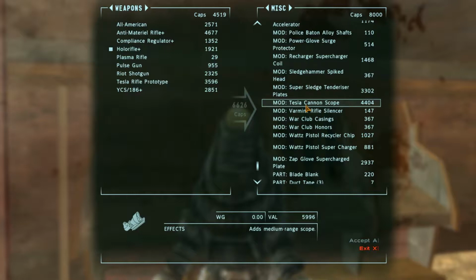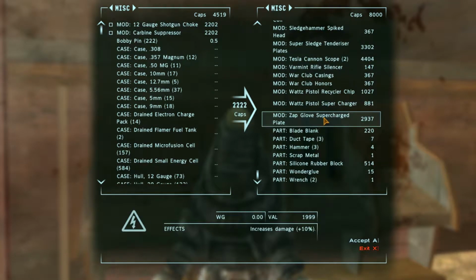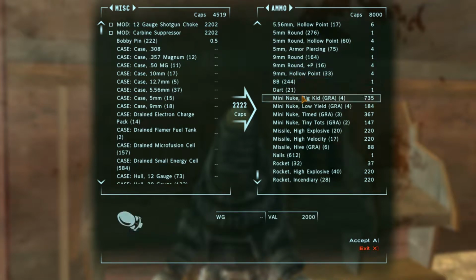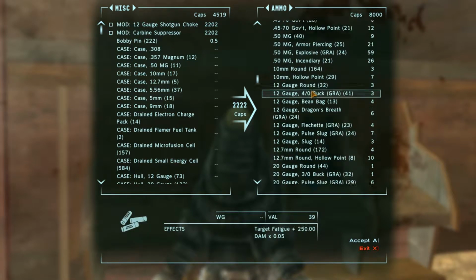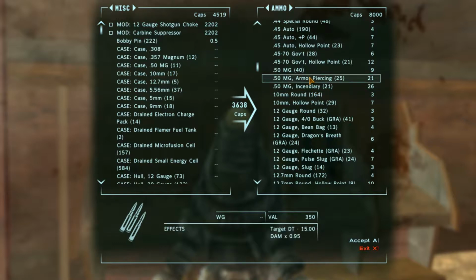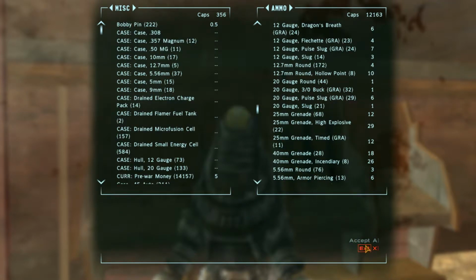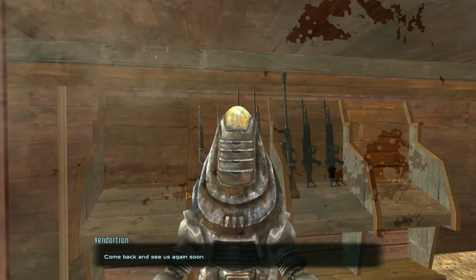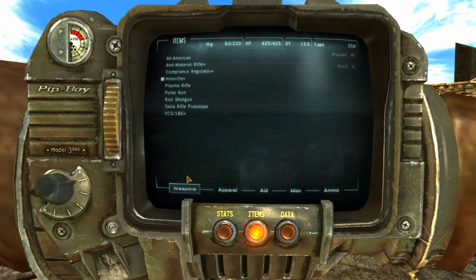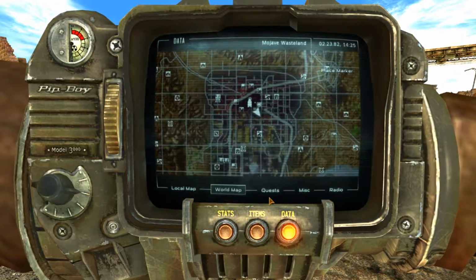Oh, I don't have enough munchies. I thought it was 4,000 caps for both combined. I guess not. No big deal though. What 50 cal rounds do we got? We got some explosives. We do have some explosives. I'll buy the armor piercers too. Okay. Exit. Goodbye. Alright, let's put the choke on the riot shotgun before I forget. Okay. And then...